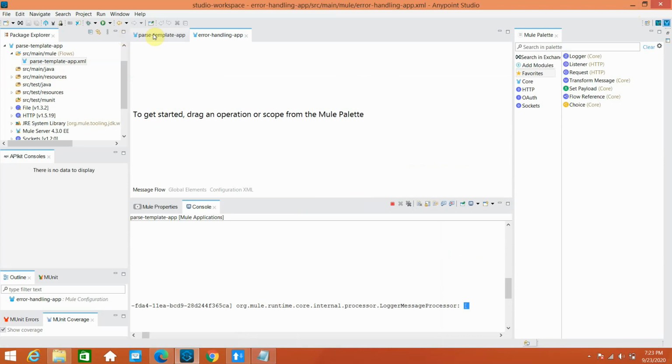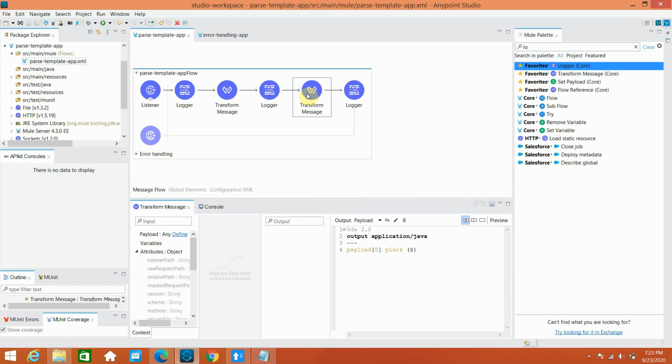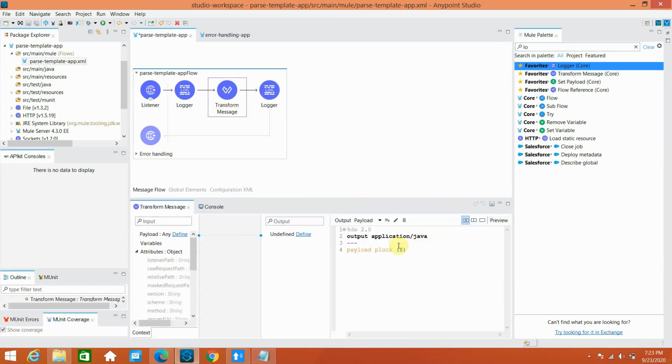Now what I can do is a simple solution. Instead of using two transform messages, I can remove one of them and do something like this. I can copy this, and here I can say variable payParts equals this. Then here I can say payParts, so I'm mixing it into a single pluck dollar.